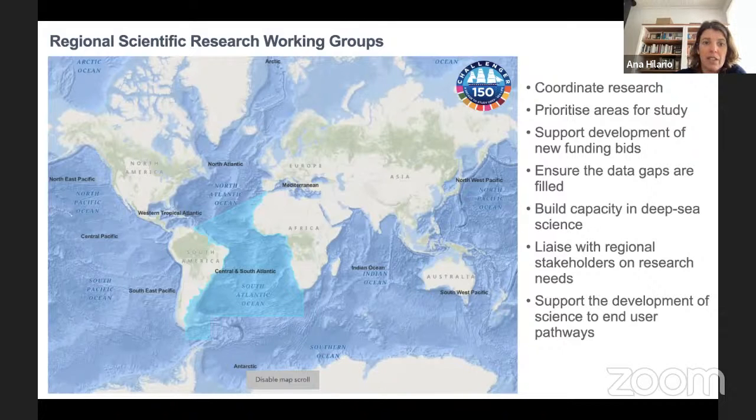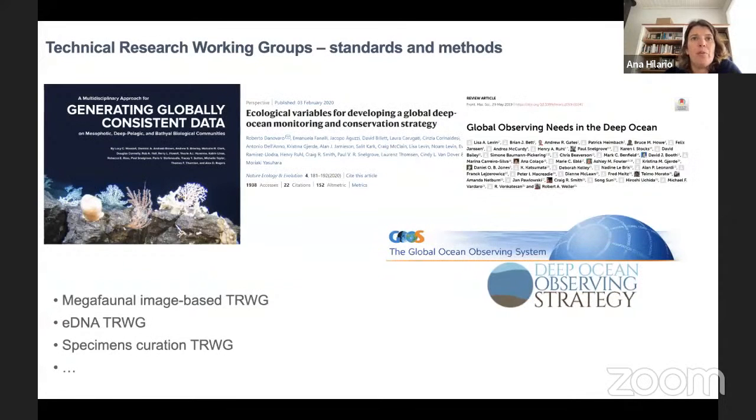Another level of organization within Challenger is through the technical research working groups that really support the development of standards in methods and measurements. We've already heard here from GOOS by Gabrielle right in the beginning of the session. And Challenger will build upon early efforts and will work with the GOOS, particularly with DOOS and other decade programs, to move research closer on standards and working practices. In addition, these